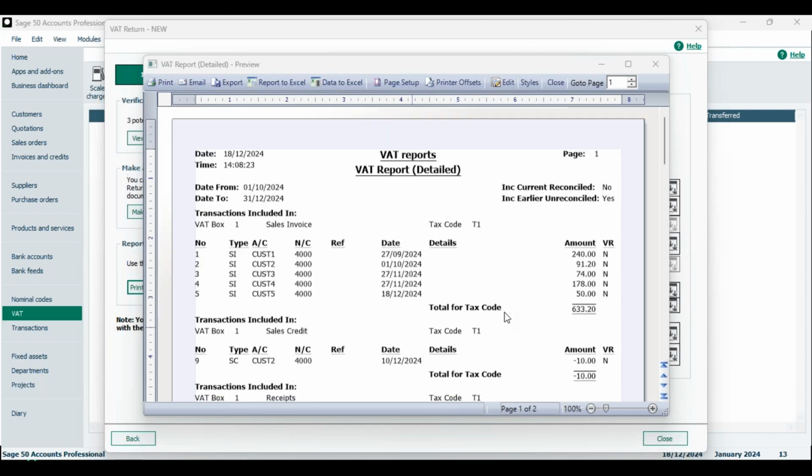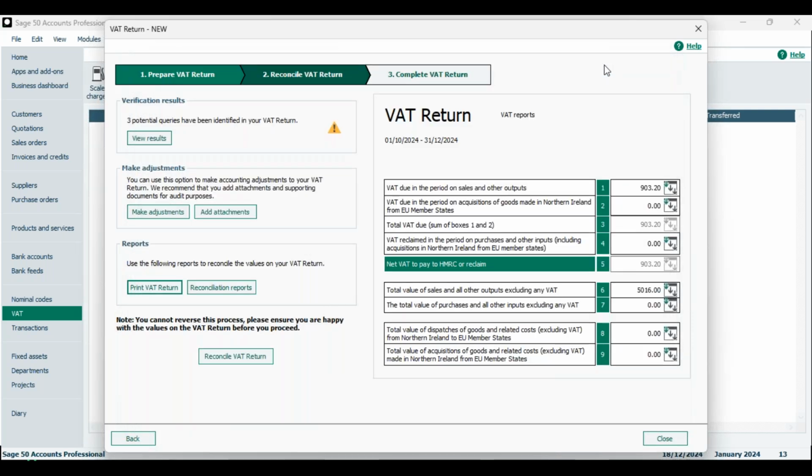So this helps us to see every single transaction that's been picked up on that VAT return. But we need to run a set of reports to compare that with so we can reconcile our VAT return. Now, I'm not going to save that. In fact, I am going to minimize this for just one moment because we're going to come back to that